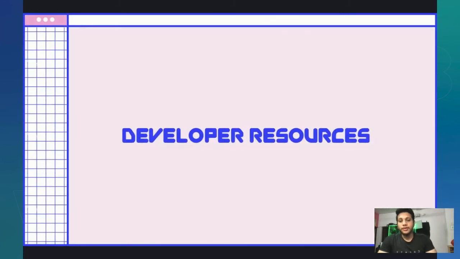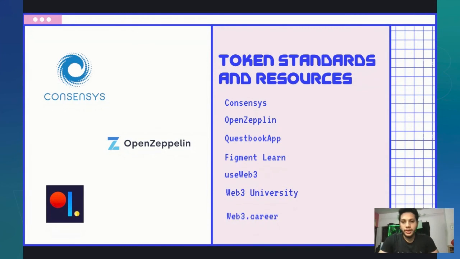And so finally we have developer resources. So obviously all of this may seem overwhelming, and there are a ton of protocols which might help you with a ton of use cases. But you might also want to learn the basics of Web3 and how to use these different protocols and use cases in your Solidity code. So here are some of the popular resources that I've listed down. Consensys is the biggest company providing developer training for Web3 certifications and other Web3 stuff. OpenZeppelin has a specification of ERC20 contracts where you can easily implement your own tokens, NFTs, and other things.